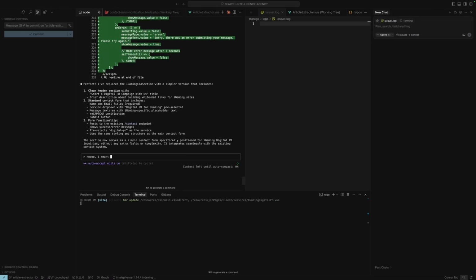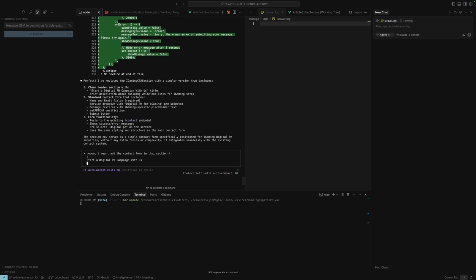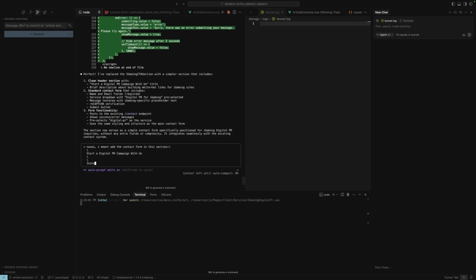I meant add the contact form in this section instead of the current campaign setup form. Remove it from